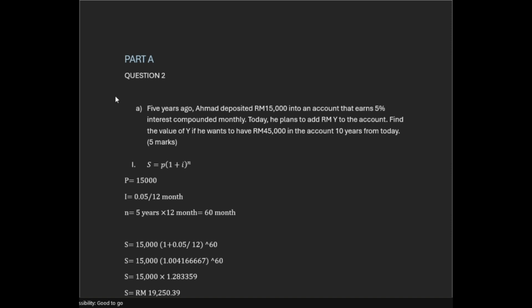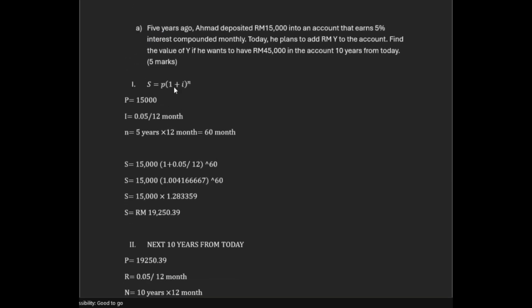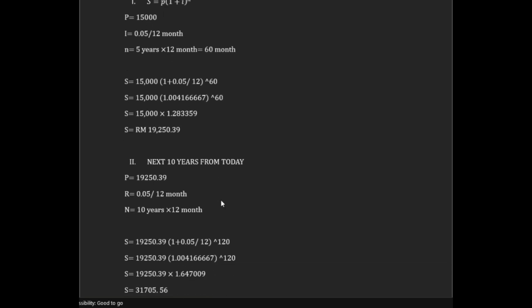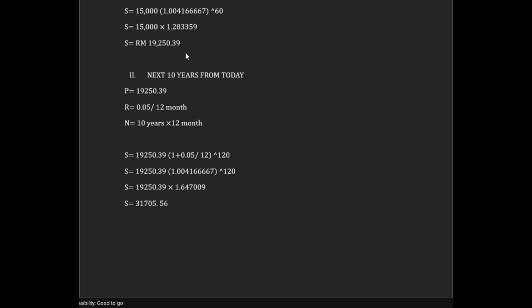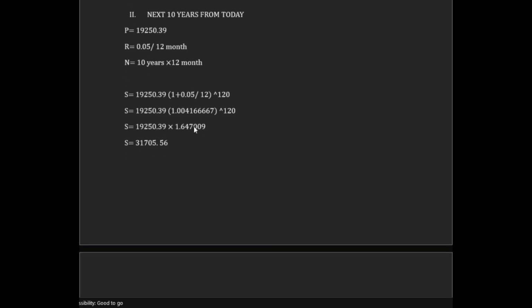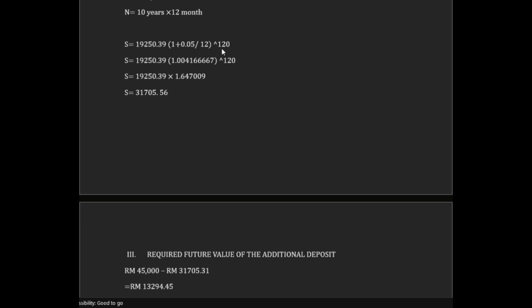For question 2 part A, we have to calculate the interest compounded monthly and find the value of Y. So we put the formula here and put in all the information, into one formula to calculate, which is 15,000 ringgit (1 + 0.05/12) to the power of 60, and we get the answer 19,250 ringgit 39 cents. And then for the next 10 years, we take that amount, put in the interest and the years, into one formula to calculate, and we get the answer